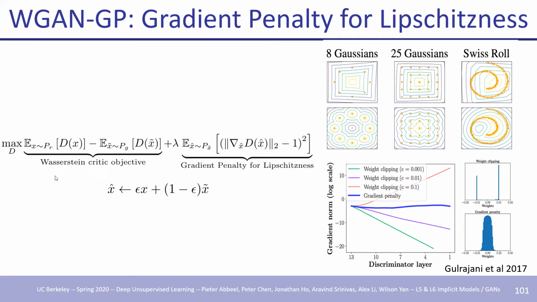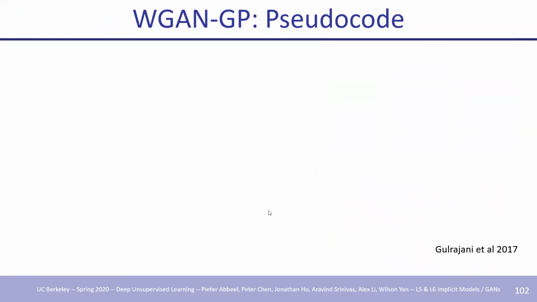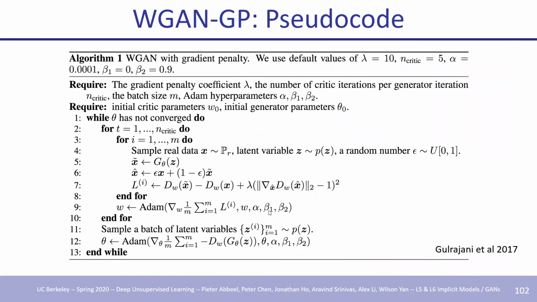And so there's one subtlety here. There's x, which is the real data, x hat, which is the generated data, and then x tilde, which is the combination of these. And the epsilon is a random number. Okay, and so this is the algorithm. So we can see it's the same,